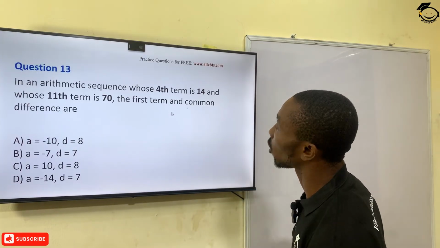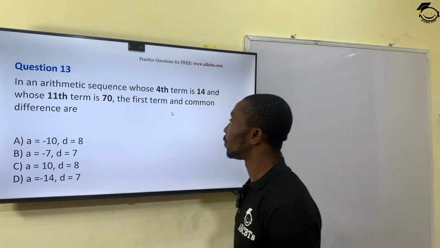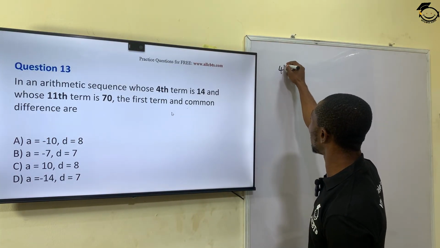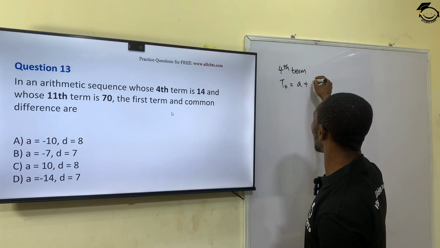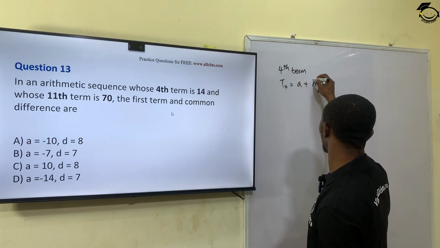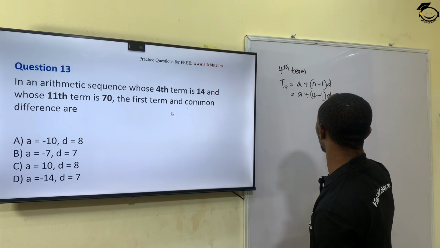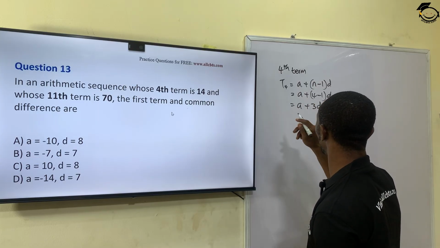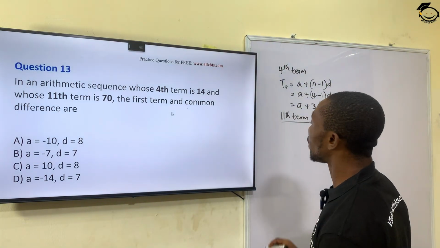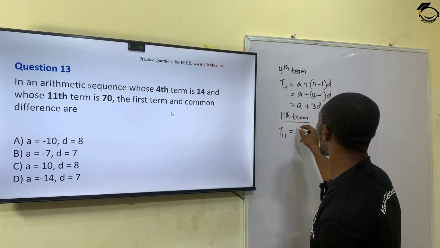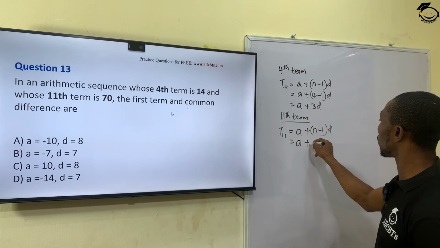The first term and the common difference are, so from this question, we have to find our first term and our common difference. So from here, we know that for the fourth term, we have T4 equals a plus n minus 1 d. All right, so this becomes a plus 4 minus 1 d, which would give us a plus 3d. All right, so for the 11th term, we are going to have T11 equals a plus n minus 1 d, which will be a plus 11 minus 1,